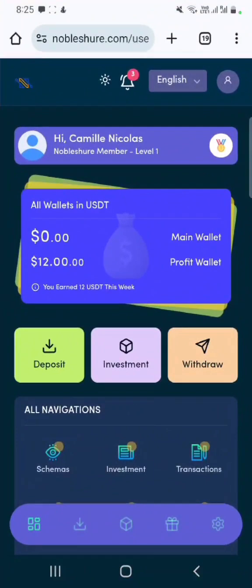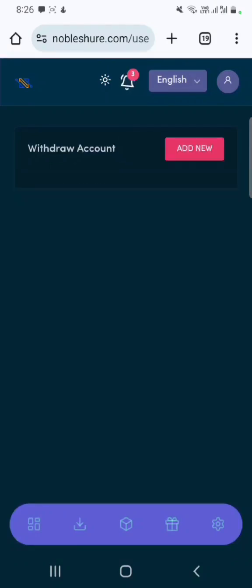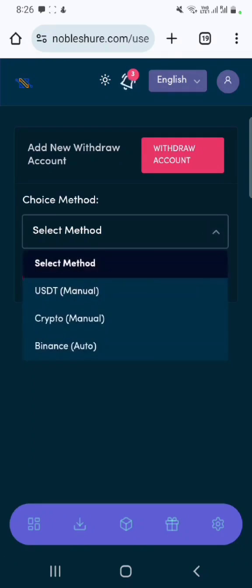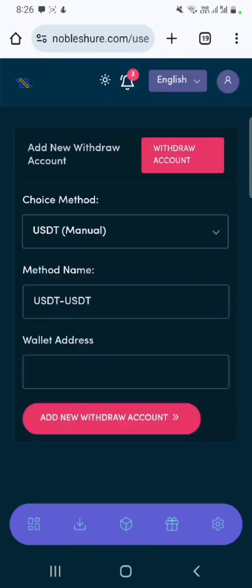Then let's go to our NobleSure. Then click this withdraw. Then press the withdraw account. Then add new. Then select the method. We will select USDT manual because we will transact manually. USDT to USDT. So you can see here